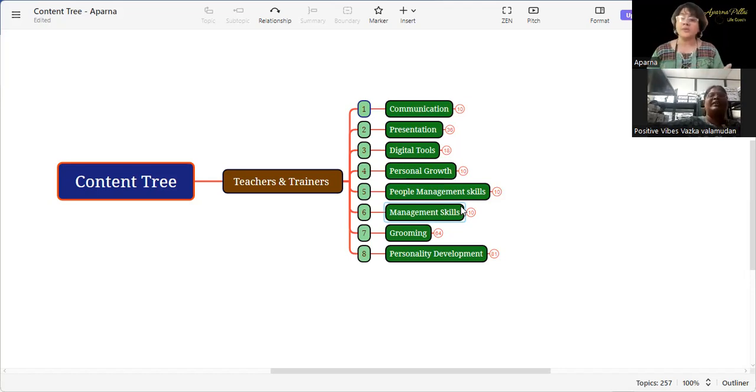That grooming part also plays a vital role, and your personality development, of course, the soft skills and all those things. So some of the things you may have, some of the things you may require. So if you're doing one-to-one, what I will do is I will check off whatever you already have. So like how we are connecting today, we'll connect and we'll see, okay, this thing you don't need, this thing you don't, this thing you don't. I may just ask to find out if you already have it at an advanced stage, not at the beginner stage, but at an advanced stage.